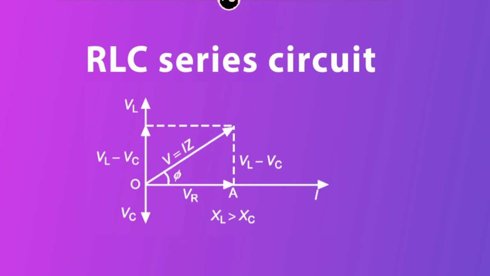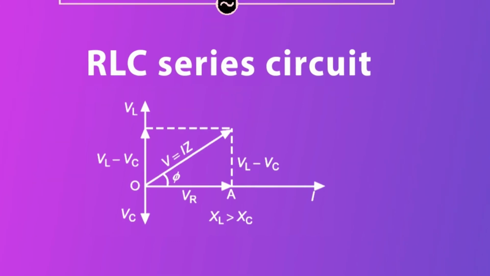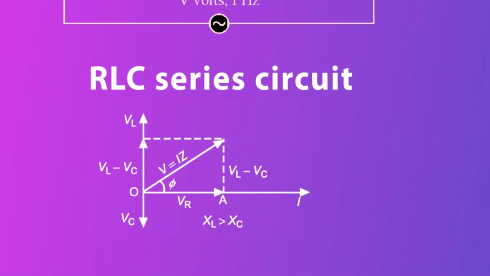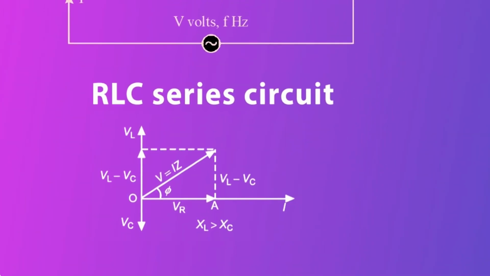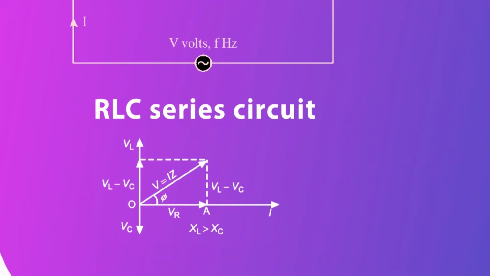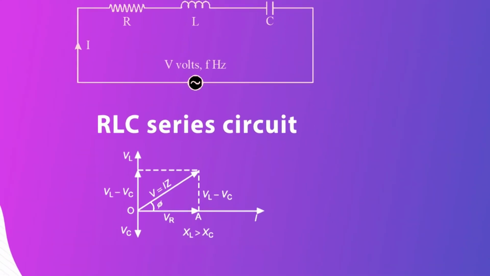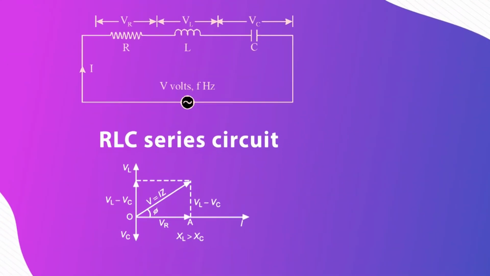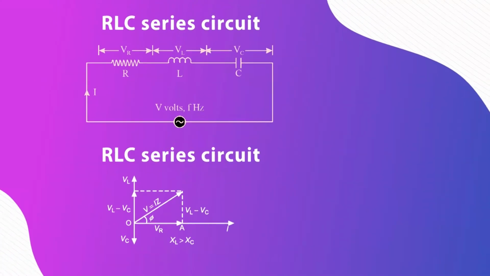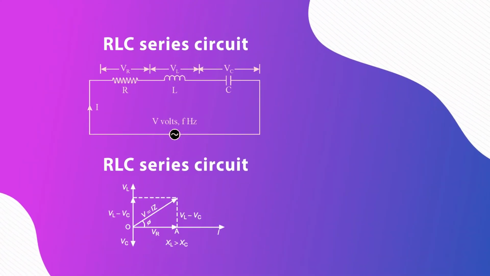Now you have to find out what is the voltage VC. So this voltage VC can be written as equal to I into Xc, and you know in case of capacitor, current leads the voltage by 90 degree, or in reverse of this you can say that VC lags the current by 90 degree. So here you can see in the phasor diagram the voltages VL and VC, and we are assuming that the voltage drop across the inductor is more than the voltage drop across the capacitor.